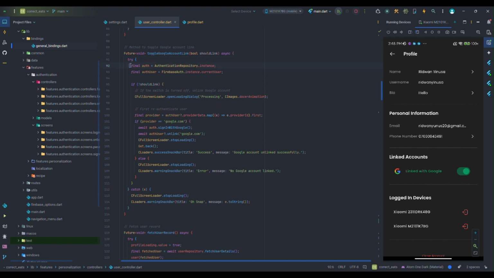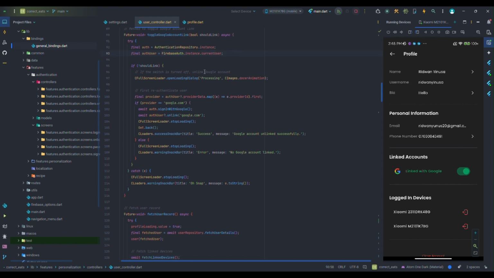So first, what we need to do is get the auth repository confirming the signed in user. Then we use this auth user to get the Firebase auth instance as well, to get the current signed in user. So we're going to be using those two here, where we have the if. I said if shouldLink, then